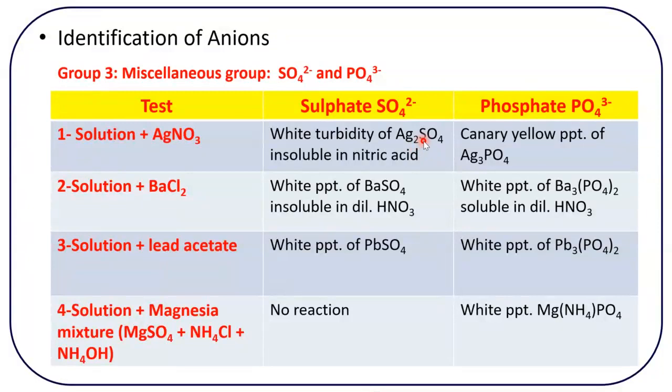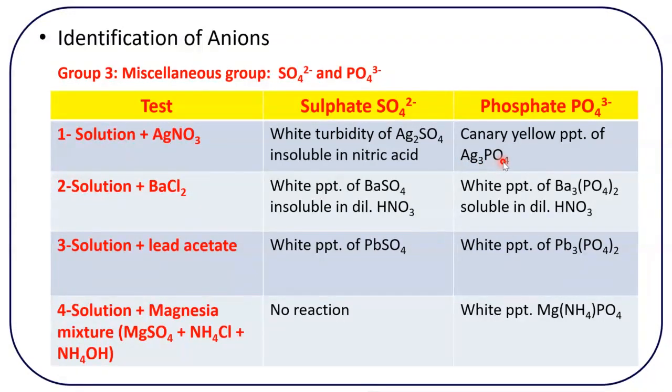This precipitate is insoluble in nitric acid. We are going to add nitric acid using a dropper, and you will see the turbidity still does not disappear. In case of phosphate, solution plus silver nitrate, you will see a canary yellow precipitate of silver phosphate,